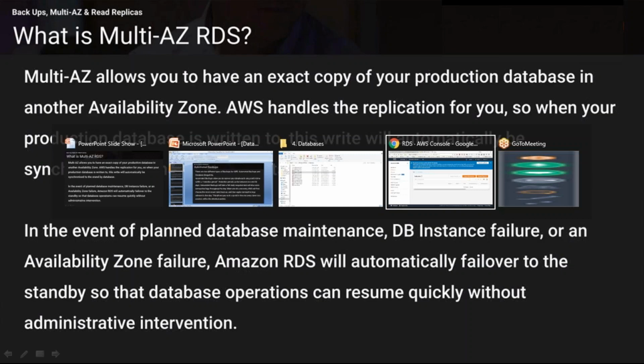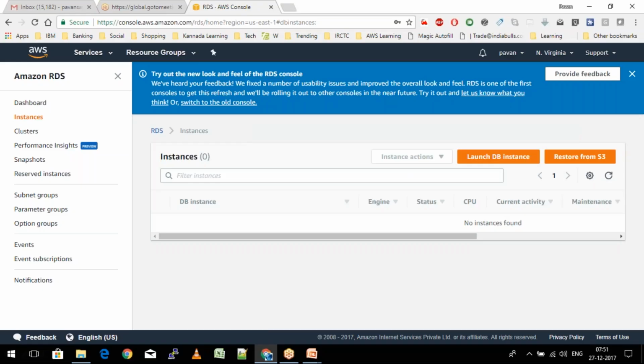Now what does happen in the clusters? You can basically define your own cluster here by having a multi-AZ database. So now let's say I have chosen 2 different subnets. Here we actually have something called subnet groups.